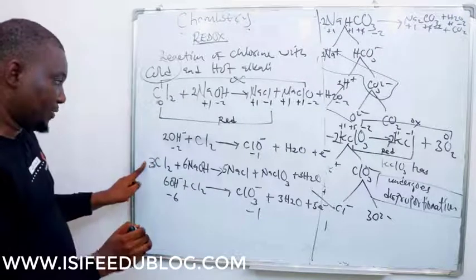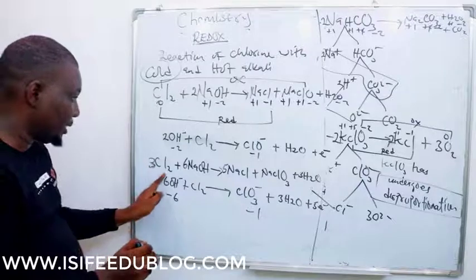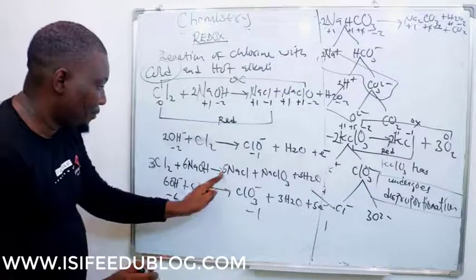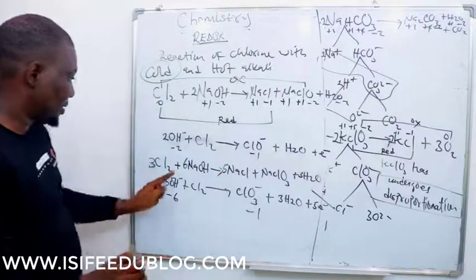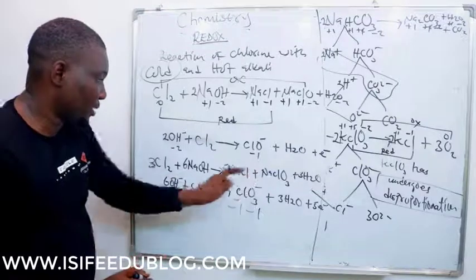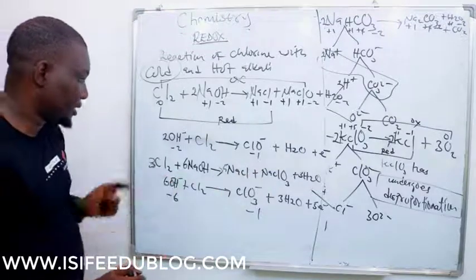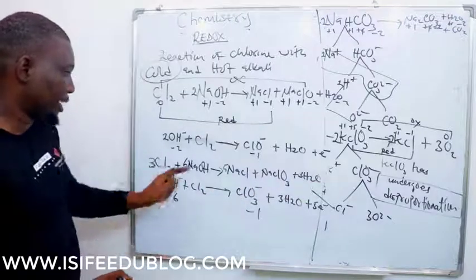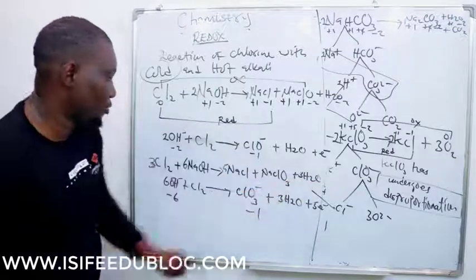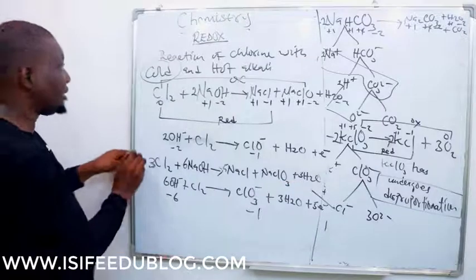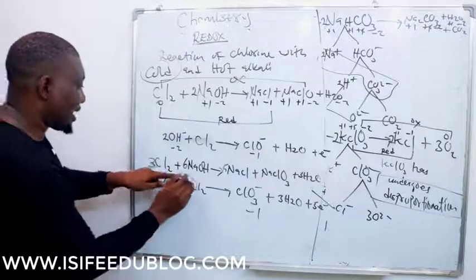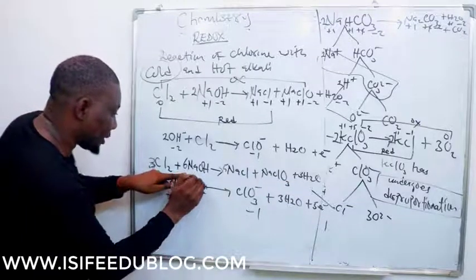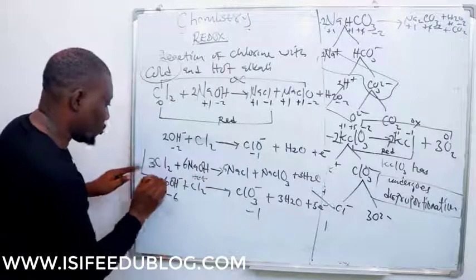Now let's check if the equation is balanced. We have 6 chlorine here, 5 plus 1, 6. 6 sodium here, 5 plus 1, 6. 6 oxygen here, 3 here, 3 here, 6. 6 hydrogen, 3 times 2, 6. So when you have this chlorine reacting with this when it is hot, this is what you are going to